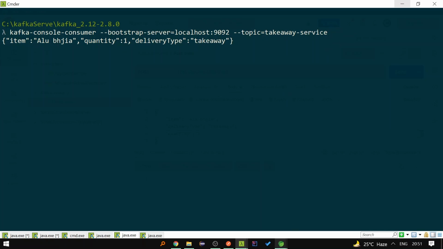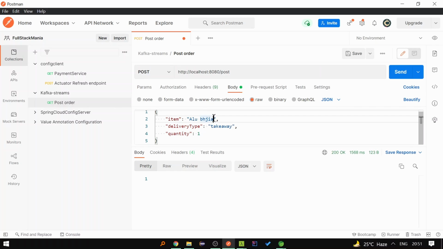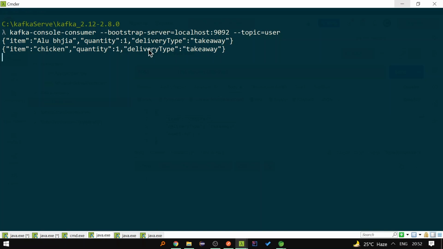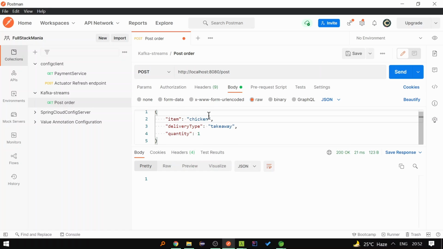Let's try another request. Let's write something else here. Let's write chicken and send this request. So we can see this in the user topic, and as it is takeaway, we can see this in the takeaway topic as well. Now let's change the request. Let's take the item as sabji, and the delivery type is home delivery, right?